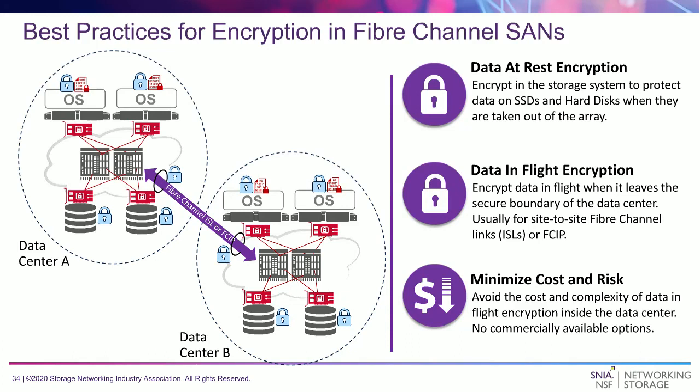That totally makes sense. Data in flight, encrypted between data centers, because that's where you're going to see issues and errors. If you're going to use Fibre Channel over IP or FCIP, then you can use IPSec to encrypt it across IP networks. If you're going to use dark fiber and run native Fibre Channel, you can use FCSP for encryption. The key management is pretty similar, pretty easy because usually you're using a single vendor and not very many links. So it's a good solution for encryption for Fibre Channel when the data moves outside the secure perimeter